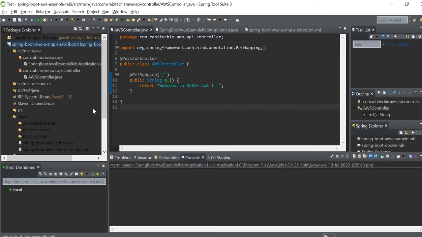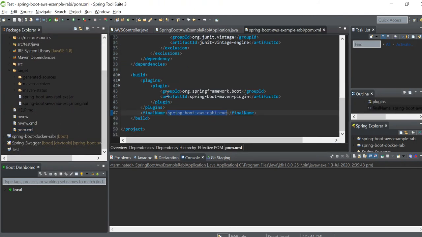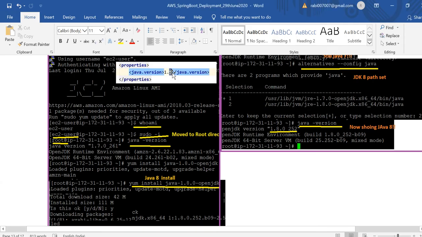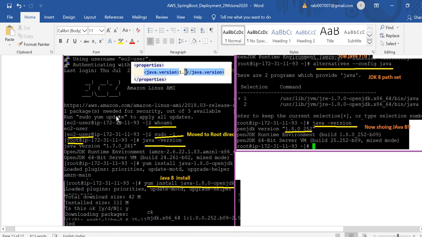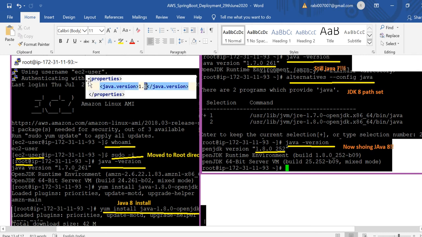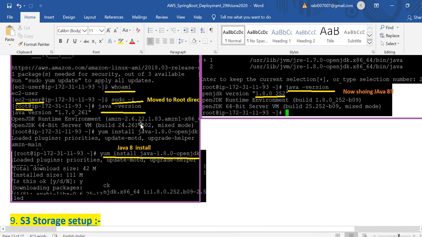If you check the pom.xml file, you will find that it is 1.8 version. Similarly, you have to make it 1.8 version. To do that, first when you are connecting as the EC2 user, to connect as the root user you have to do sudo -i.